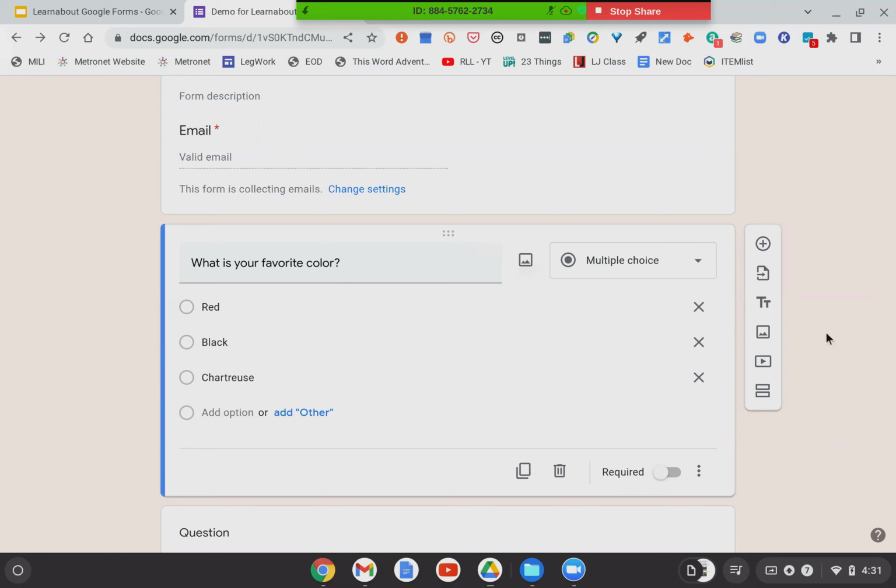Looking across here, here's where you put in the question, which you can edit or change the wording of at any time. Here is where you can insert an image. So if you're doing a quiz for school and you want to include an image and ask a question about the image, I know I did a quiz once for a class I was teaching on copyright, and I would put a picture of a document or a piece of created work in there and then ask them questions about it that pertain to the copyright.